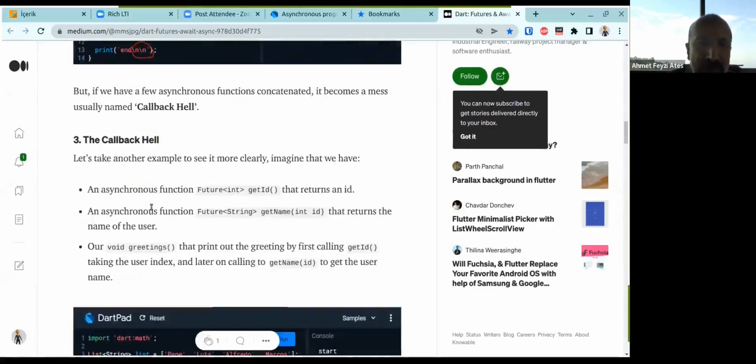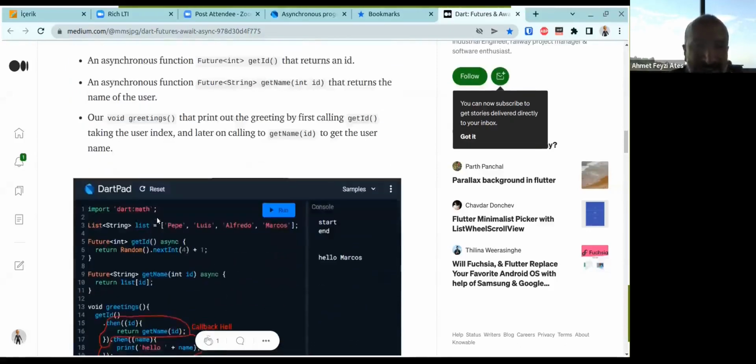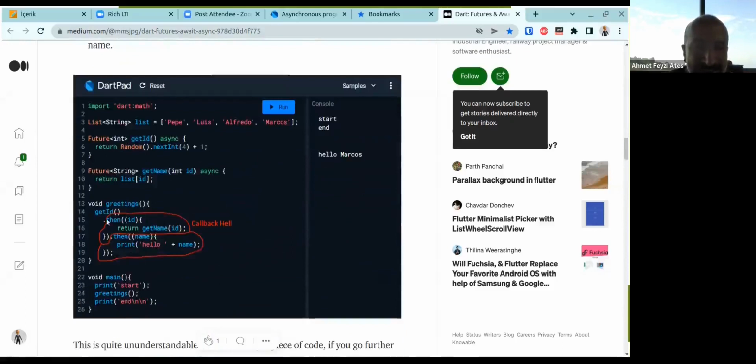But when we implement many consecutive or complex thens, like here, it becomes more complicated. People call this callback hell. Callback hell is very difficult to write, understand, and debug.